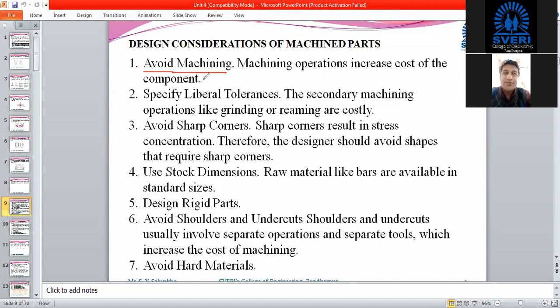So if you machine that part, the strength of that part will get reduced. And the second thing is that the cost of that part will increase, because initially you have to manufacture that particular component by some other process, and later it gets machined to have sufficient surface finish and all that. That is the requirement.